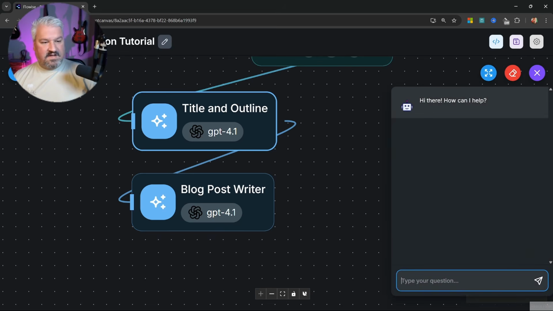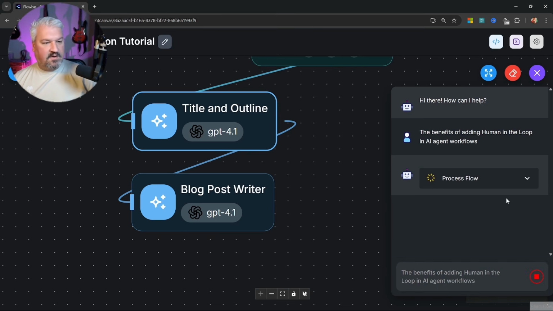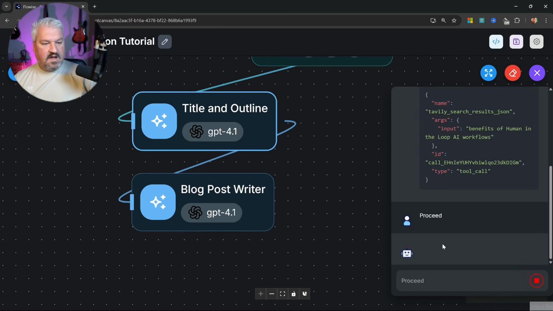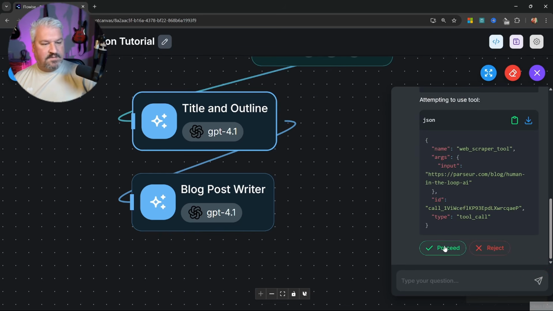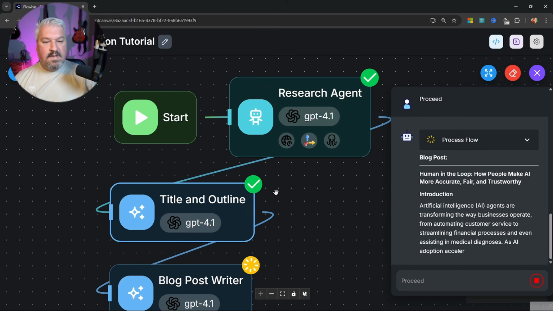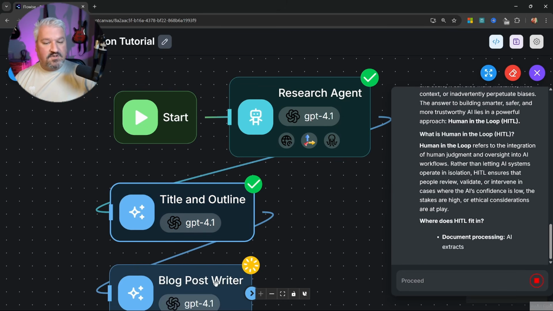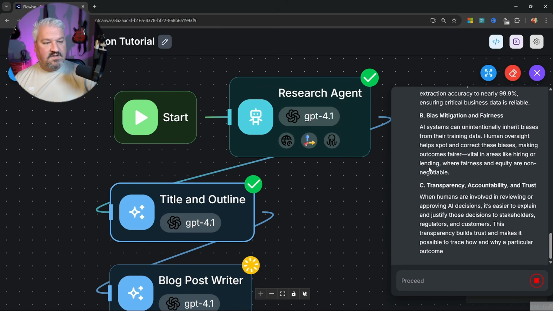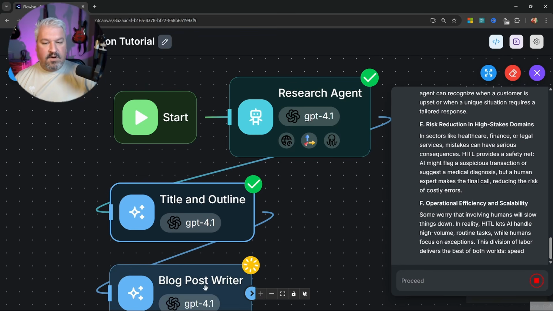Cool, now let's run this, and I think this will also demonstrate the issue with this type of workflow. Let's send this. I'm going to approve these tool calls. Let's also approve this web scraper tool. So the research agent completed its task and the title and outline node is now running. And then immediately after that, the blog post writer executes and we start seeing the result from the blog post